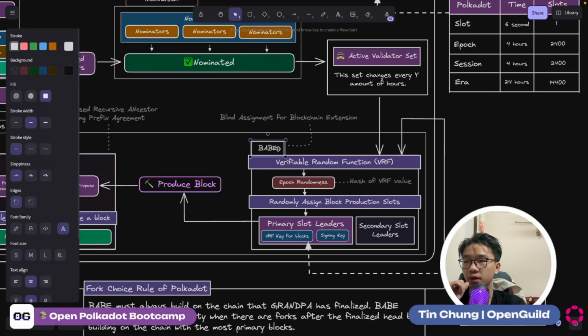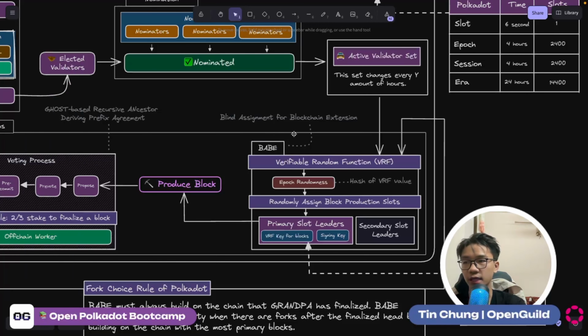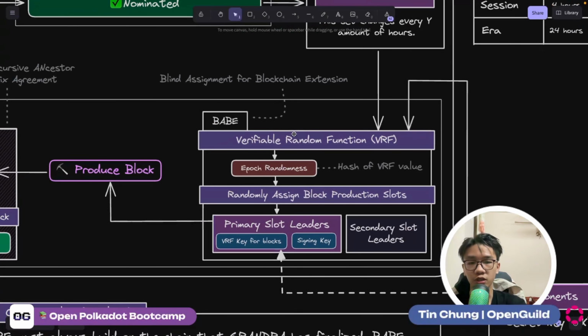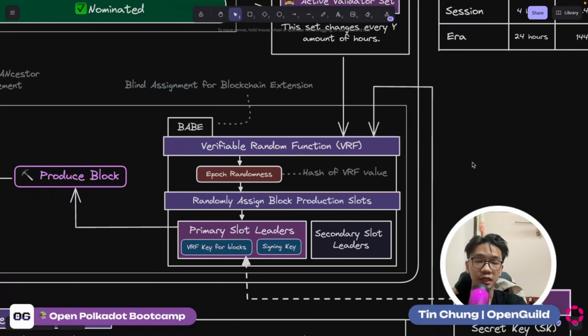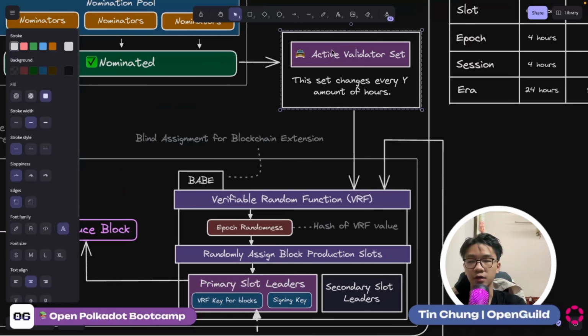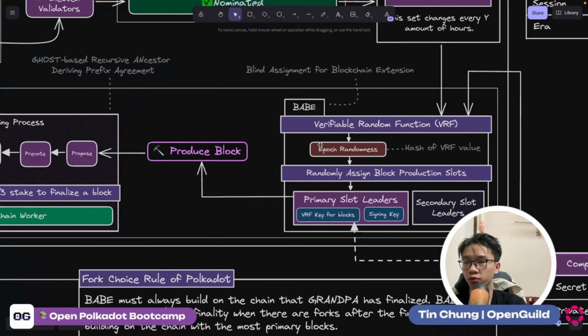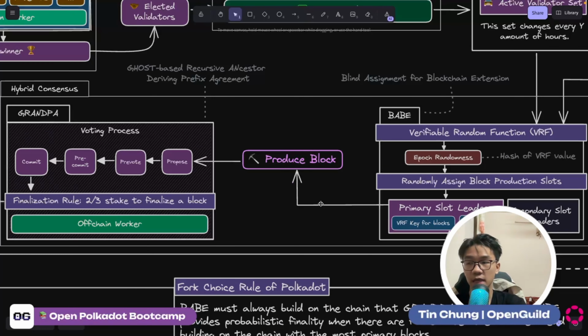So we have BABE. BABE is blind assignment for blockchain extension. This is a block production mechanism. How BABE works is similar to a lottery mechanism. It uses verifiable random functions (VRF). Just imagine this as an RNG, a random number generator, that runs and then selects a random number. This random number indicates the index of the validator in the active validator set. After going through this BABE engine, you can select the validator, and that validator can participate to